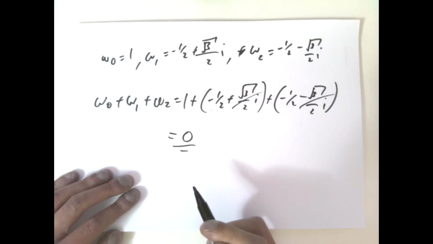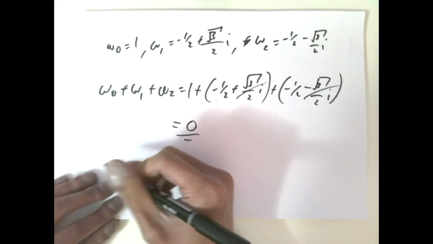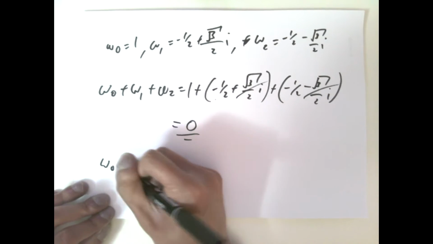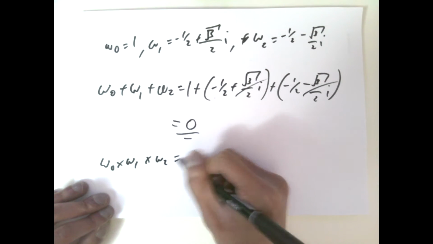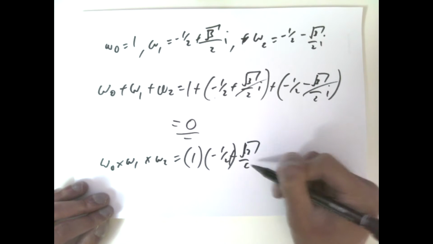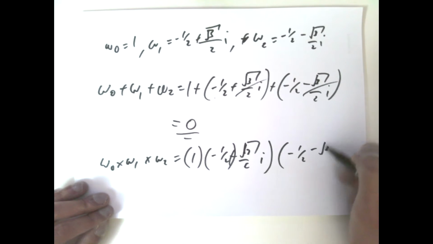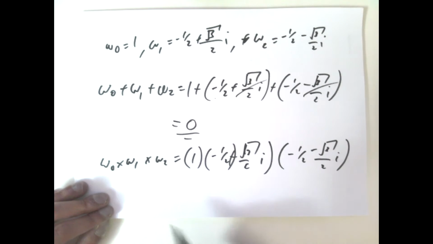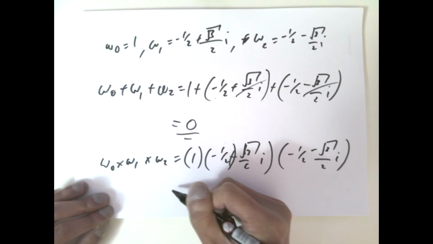So the sum of the roots is equal to 0. Let's take the product of the roots. And if we multiply all of this up,